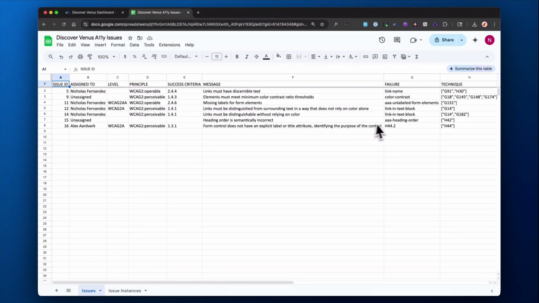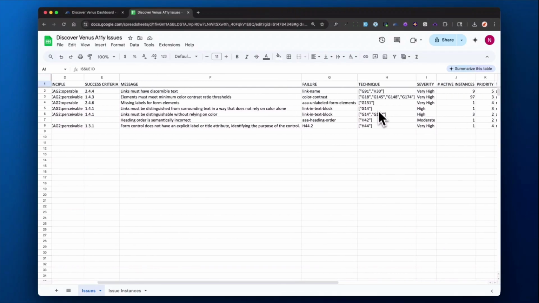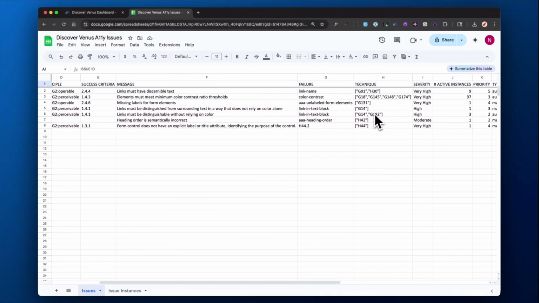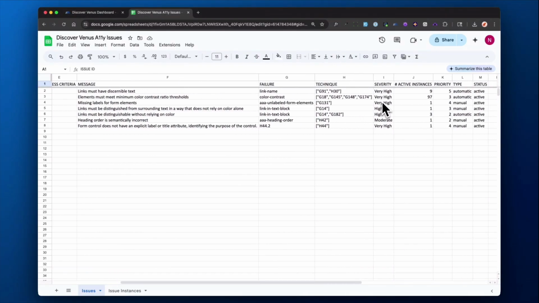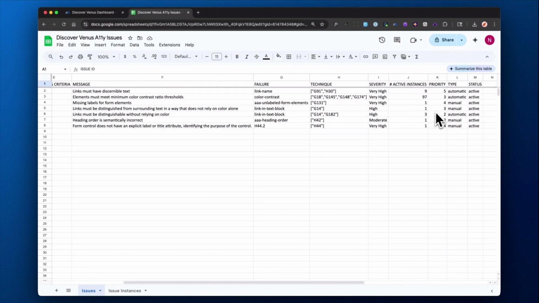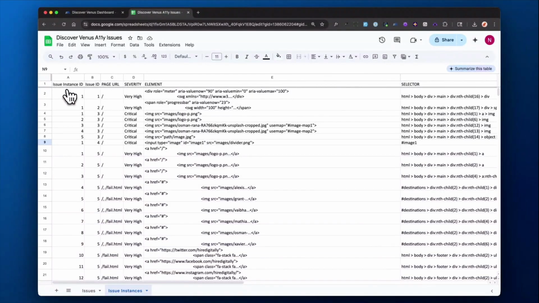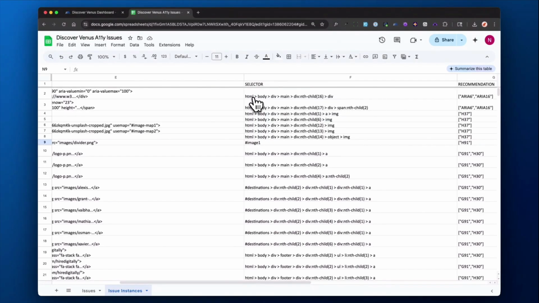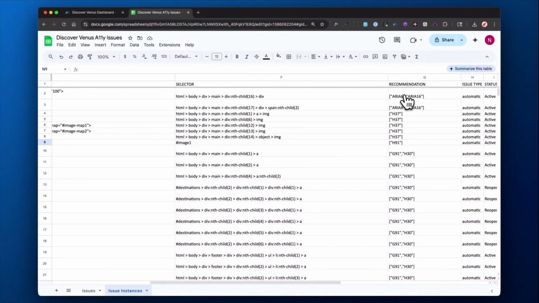short description of the problem, which failure was logged, some techniques from the WAI that might help us to address the issue, the severity, the number of instances, the priority, whether it was automatic or manual, and whether it is active, pending, or resolved. If we look at the instances, we have the instance ID and which issue that belongs to, which URL the issue was found on, the severity, the HTML for the element involved, the selector for the element involved, recommended fixes,